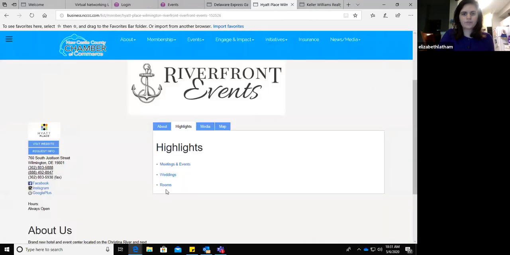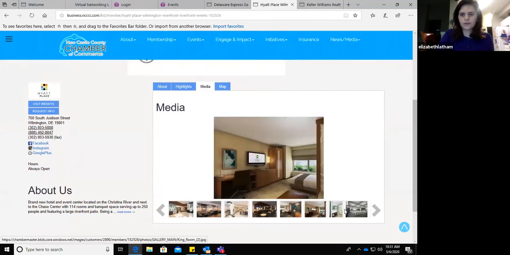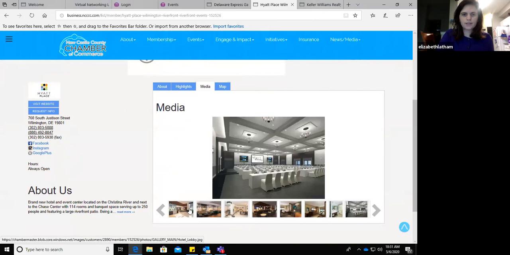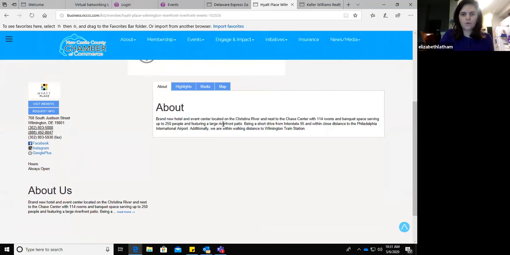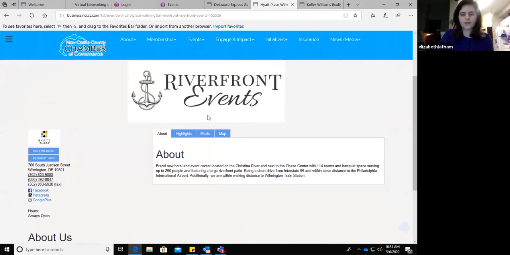So that's really helpful. The media, uploaded photos of what the rooms look like. Those are really, really nice. They also have a little bit more room in the about section, all of these kinds of things. And then another enhanced listing we just want to show you a couple different ways that you can do it